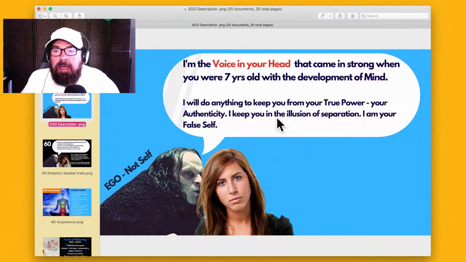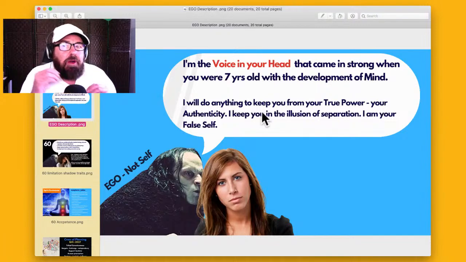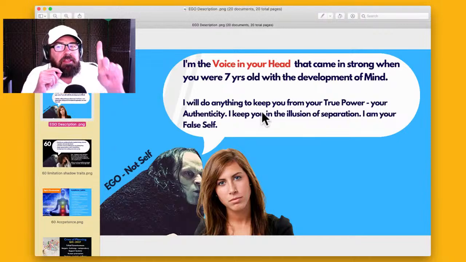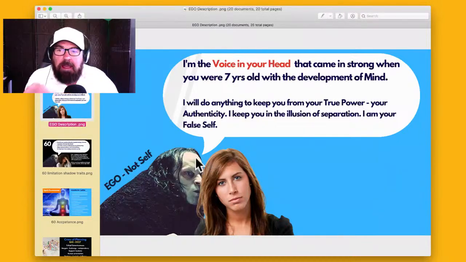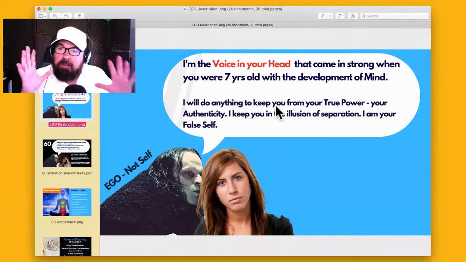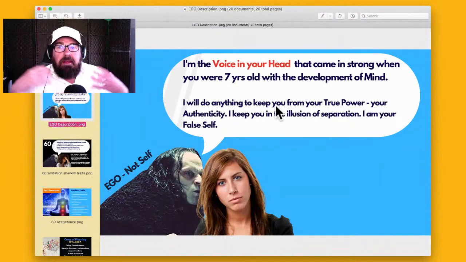So the ego will do anything. Yes, the ego will pretend, let's go to this workshop, let's get up and do sadhana, let's do this and that. But when it comes to true surrender, that ego will tear you down, because it means its annihilation, right? So just don't trust whatever thoughts are coming in your mind, if they're not coming from deep inside you and coming from feeling, right?